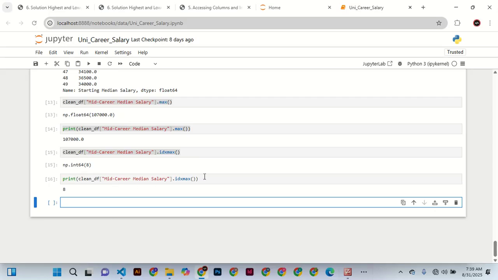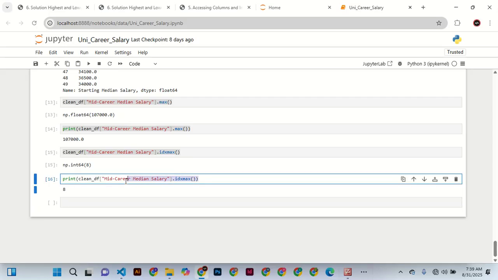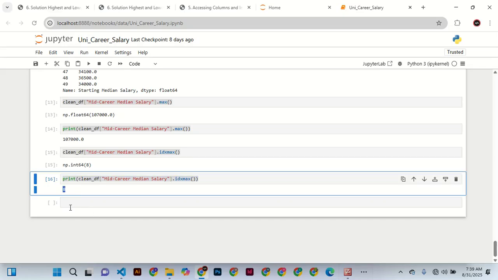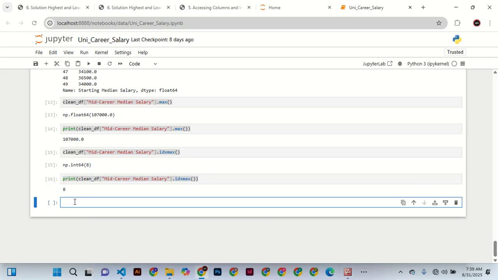So we were talking about this one, and we want to know 8. What is 8? So to get the value of this, remember the 8 is a row, and we may use log, or we may just use a string, a list. So to get that, we can say